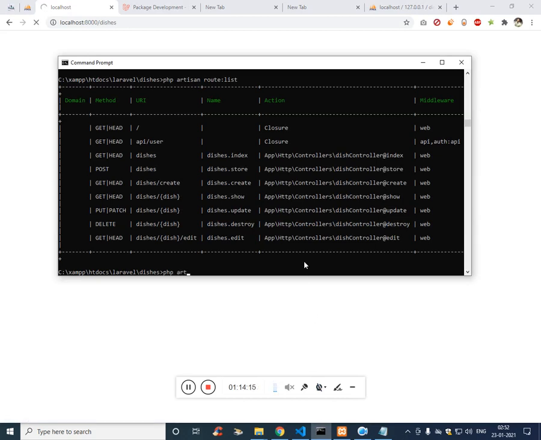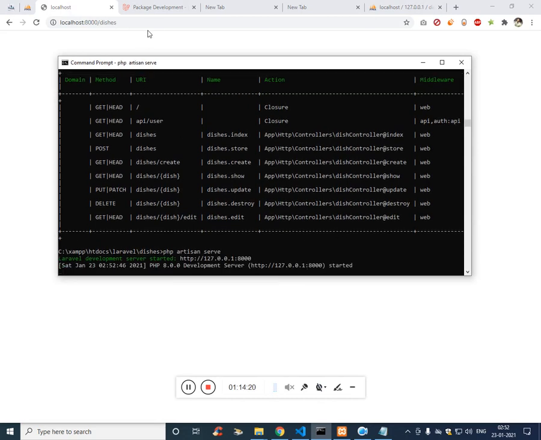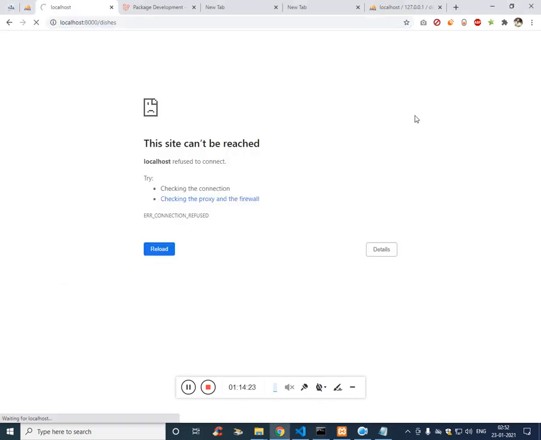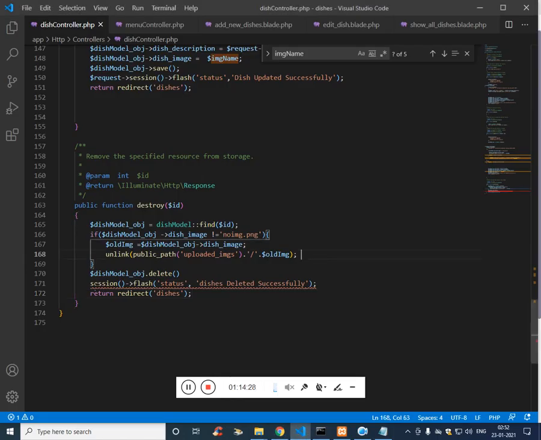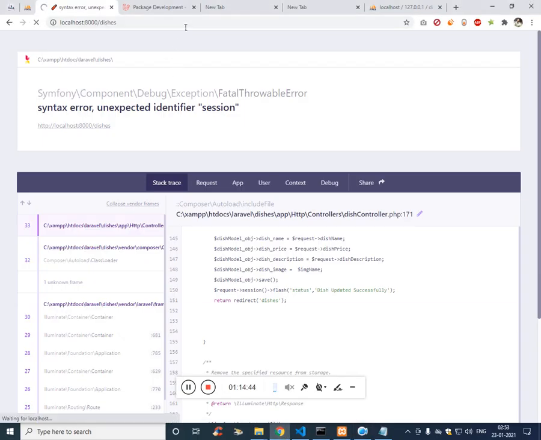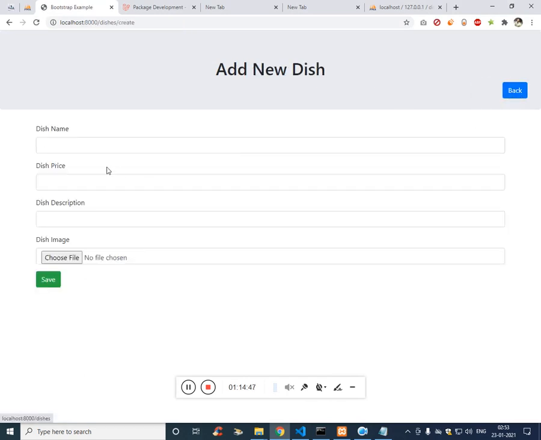We have not run the PHP artisan serve. Session is undefined, $session. Actually session does not require $. Anything which is anyway it is going to be deleted.